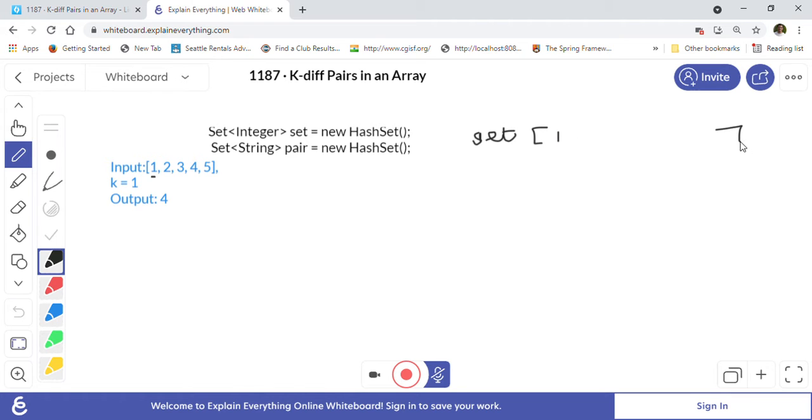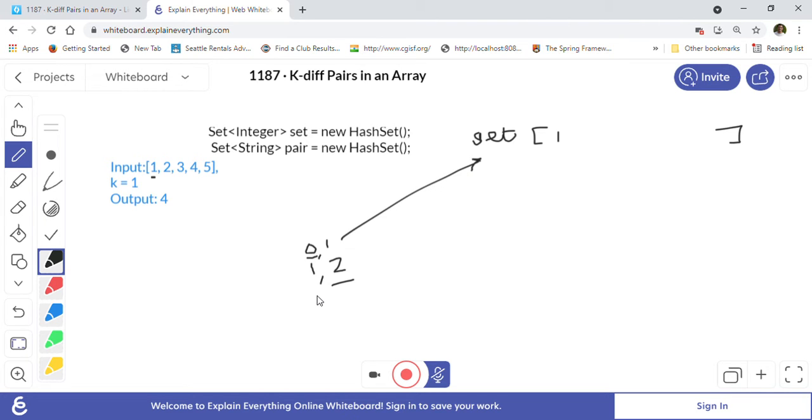Then we check if the set has anything which can form a pair with it. If we are considering 1, then 0, 1 can form a pair, or 1, 2 can form a pair. So we will check if 0 is in the set or 2 is in the set. Nothing is there this time.